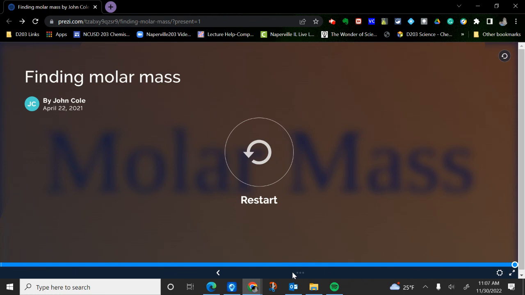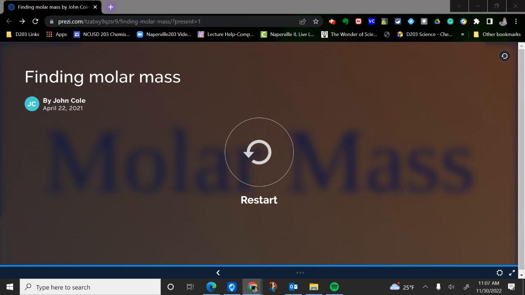Tonight, you need to study your polyatomic ions. Make sure you get them stuck in your head. Otherwise, tomorrow we're going to do an activity that I've created on molar mass that will help you guys to really, really understand it. And it's a little fun too. So I will see you guys tomorrow. Class isn't over, but